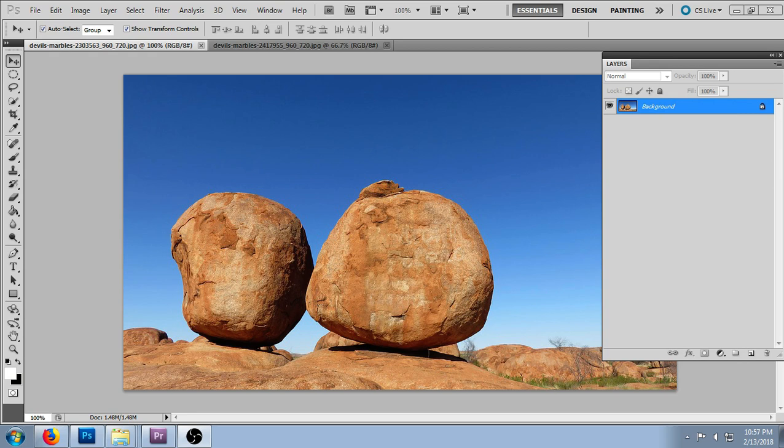Today I'm going to be doing my first Photoshop tutorial. I'm going to try to make it simple and quick. I believe the version I have is Photoshop CS5. Okay, so what I want to do today is show you how to